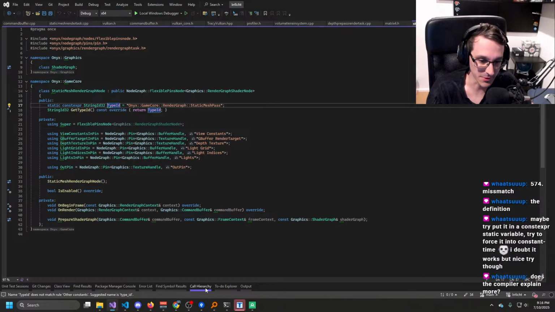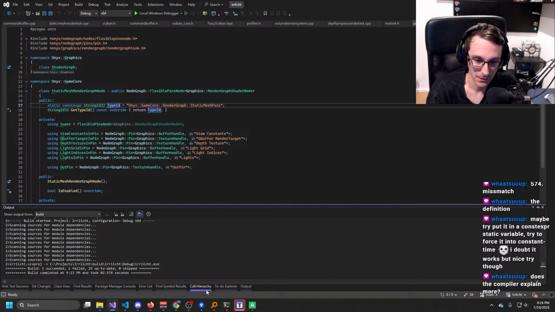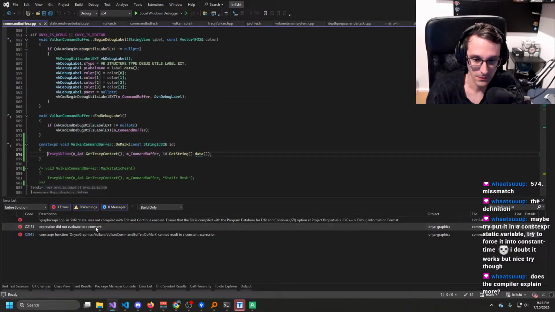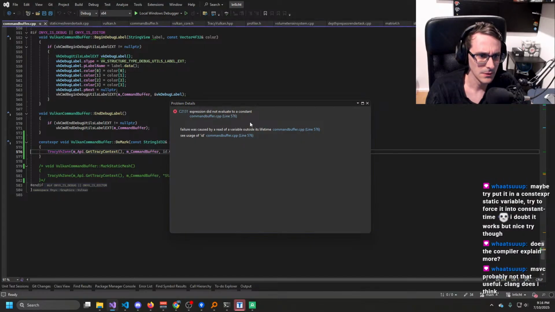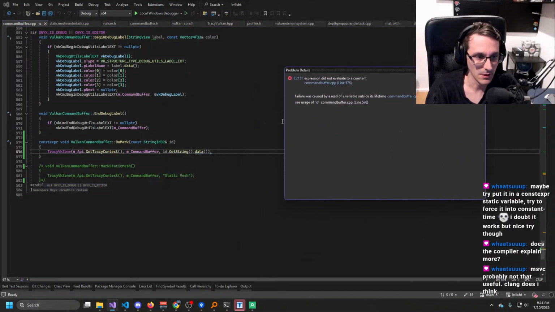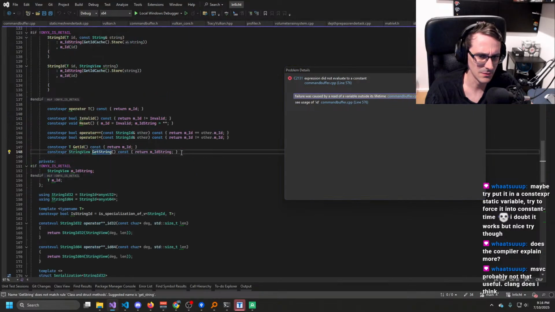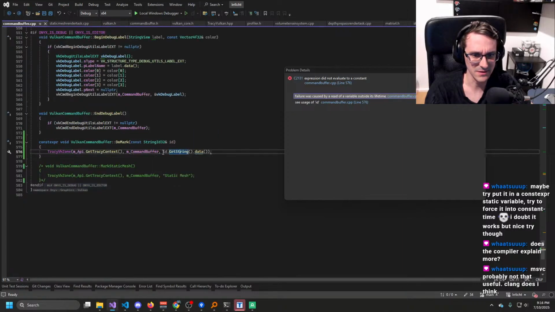No, the C++ compiler never explains more. Why would it do that? It's basically that. Oh wait. I mean, yeah, no, it doesn't really explain more. Because it doesn't really make sense that it's outside of the lifetime. I mean, unless